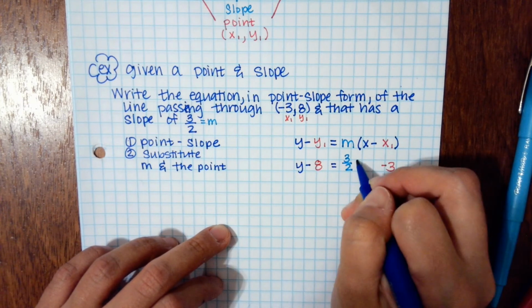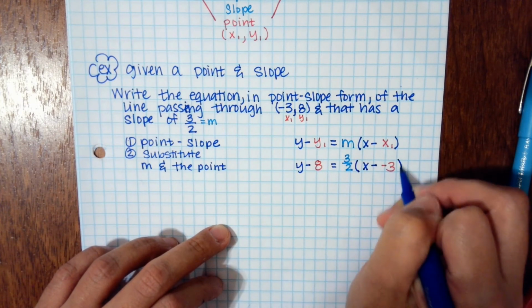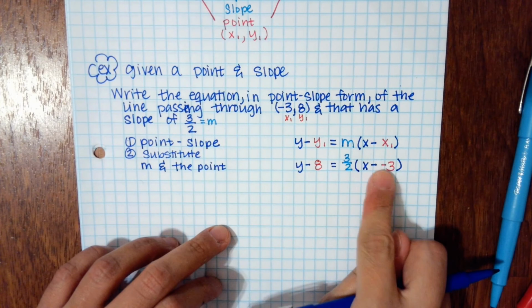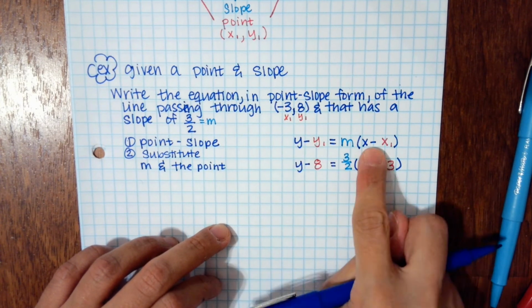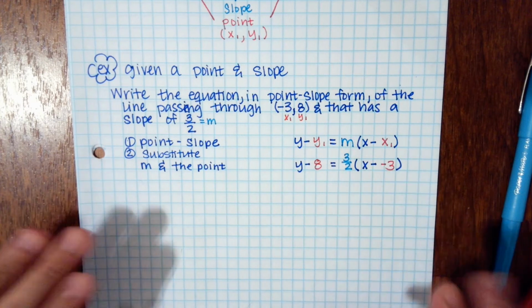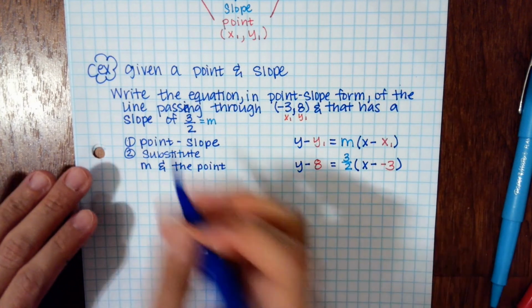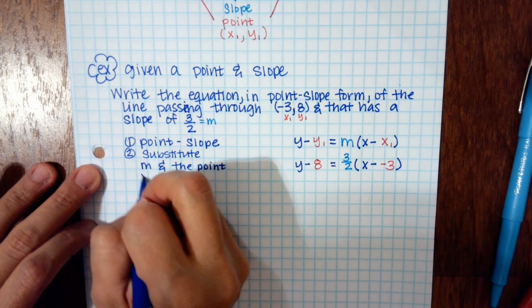Y minus, parentheses, x minus. Yes, I have minus a negative. Even though the 3 is negative, I cannot drop this minus from up there. So notice those parts came down. And then right here at this point,